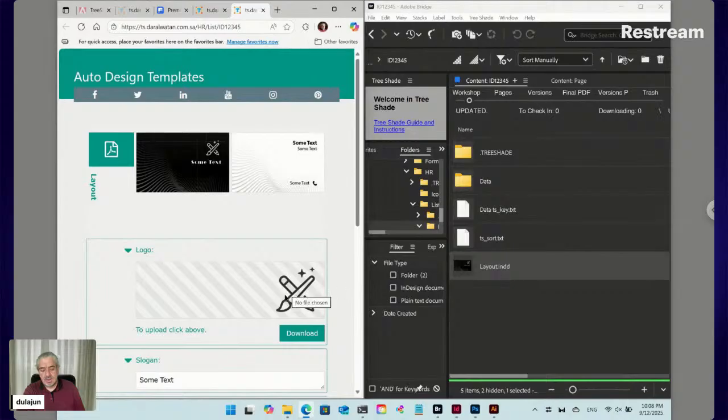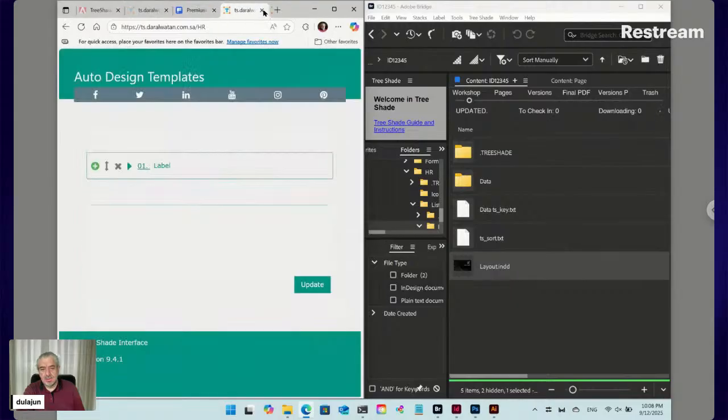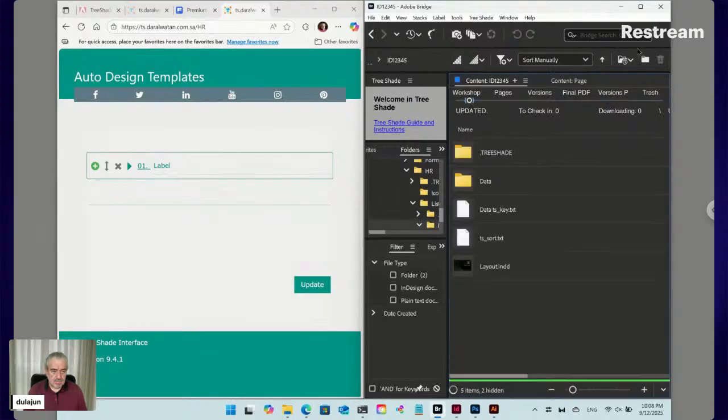Here you can add icon, add slogan, name, position, and contact. This is not supposed to be edited by the end user, so you can add read only flag to the name. Here